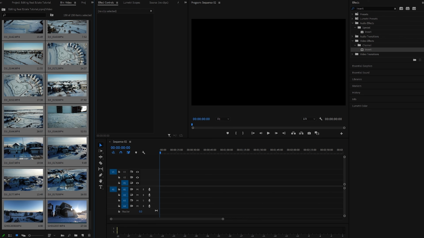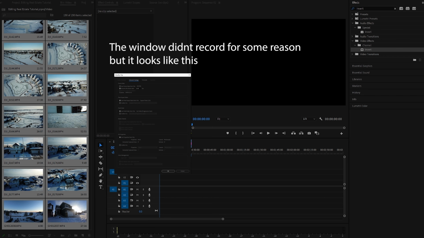Now that we have all of them selected, we're going to hit the right mouse button, go into Modify, Interpret Footage, and then here, under Assume this frame rate, we're going to click that box and set the frame rate to 24. Now what this will do is, since we shot this all at 60 frames per second, as we went over in the first part, this will automatically slow down all of our clips to 40% speed, which is very useful